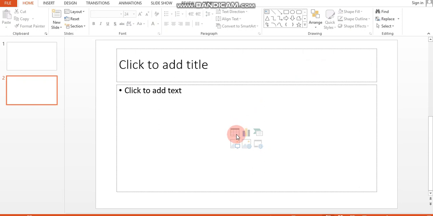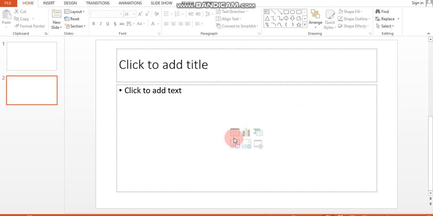One more thing I want to tell you: when you see the yellow color around my mouse, that is used for left click, and the green color is for right click. So whenever you see the highlighter for the mouse, green color means right click and yellow color means left click. Just notice.